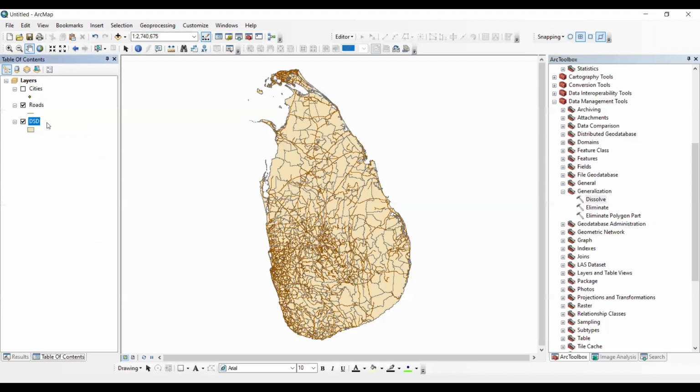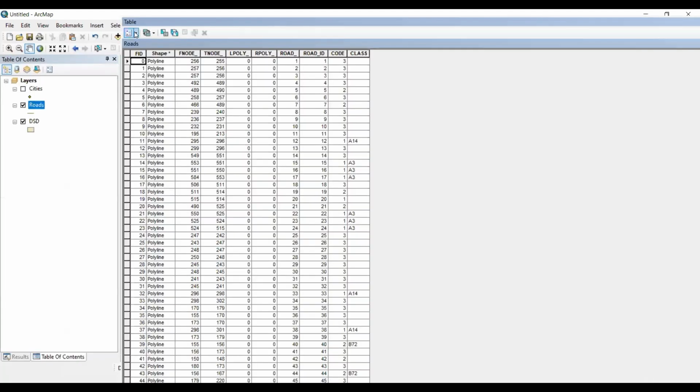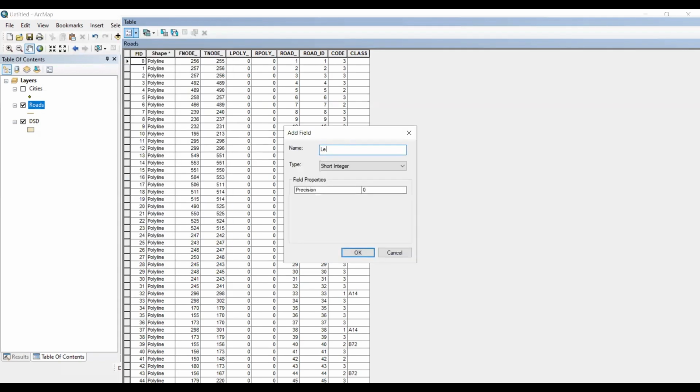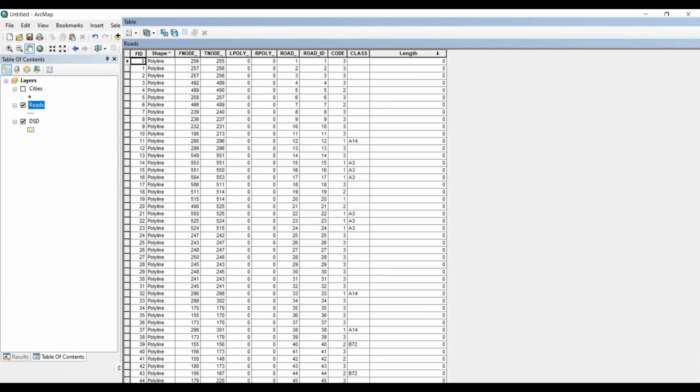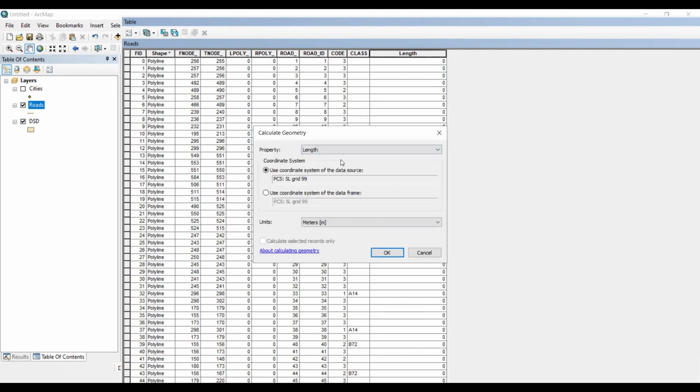Then we can go to roads, that means the lines feature. What I'm going to do is again go to table options, add field. I need to find out the length. Make it double. Click OK. Then go to calculate geometry. For the property, you have to select the length.